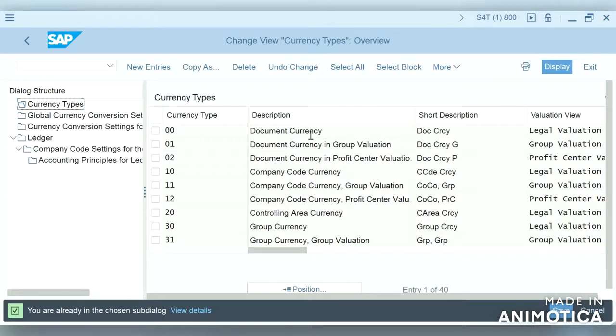And if you see the description, they have provided the description as document currency in group valuation, in profit valuation, company code currency in group valuation, profit center valuation, controlling area currency, group currency. So we can see the different types of things.